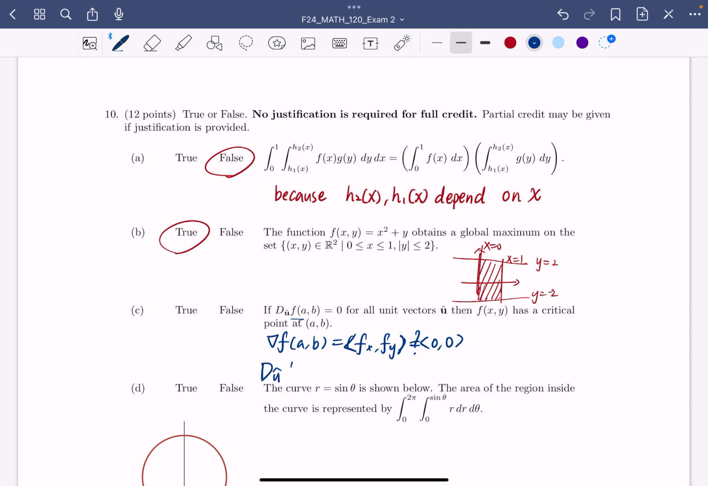The directional derivative D_u f(a, b) equals the dot product of u with the gradient of f, right? And this is always 0, so we could choose u hat equal to (1, 0) or (0, 1). Then this will give us that